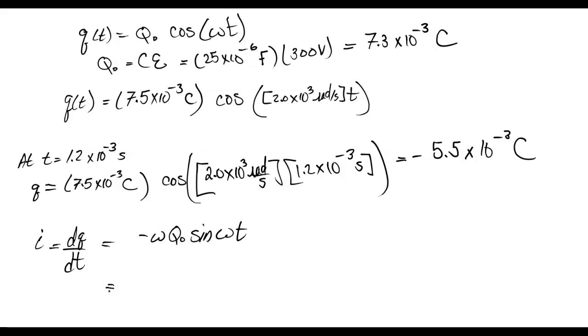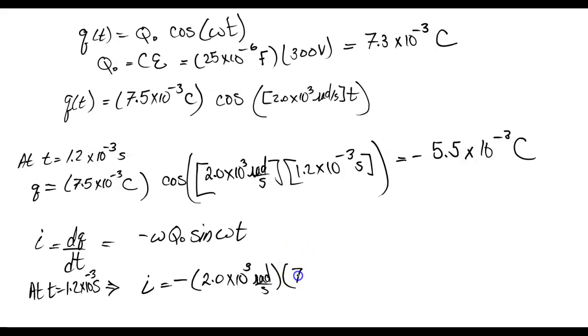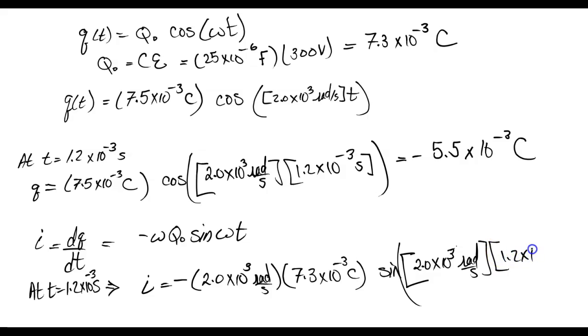And again, if we use t equals 1.2 times 10 to the minus 3 seconds, it implies that the current equals minus omega, which is 2.0 times 10 to the 3 radians per second, times the original charge, 7.3 times 10 to the minus 3 coulombs, times sine of omega t, which is 2.0 times 10 to the positive 3 radians per second times 1.2 times 10 to the minus 3 seconds, which gives us a current of about minus 10 amps. And since we're decaying